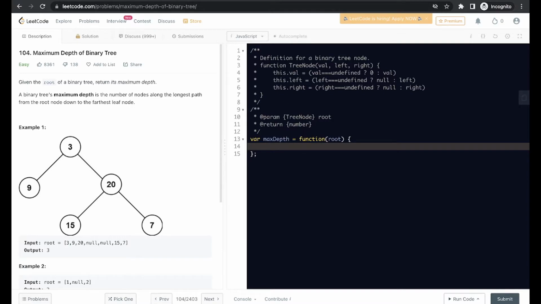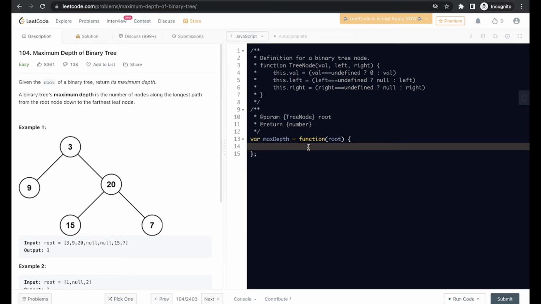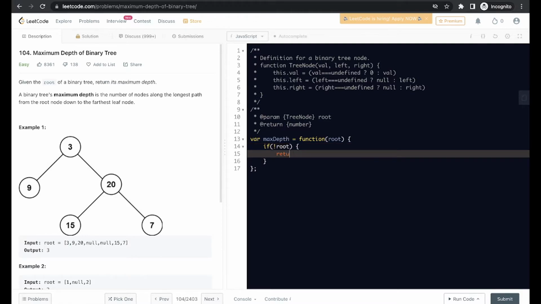So friends, without further delay, let's first do the code, and after the coding I will tell you the recursion call stack. It is not going to take much time to code, as the height of a binary tree has very little code. First, let's handle the edge case: if root is null, we are going to return 0.